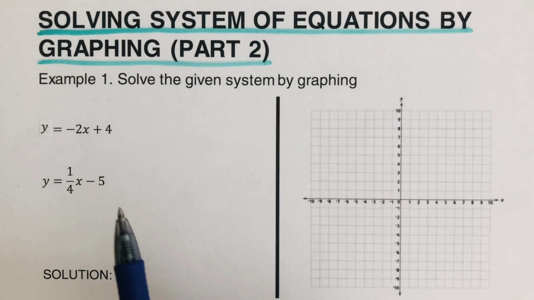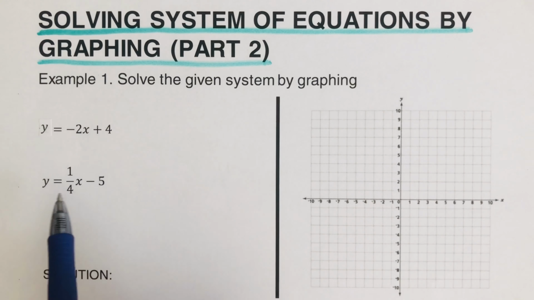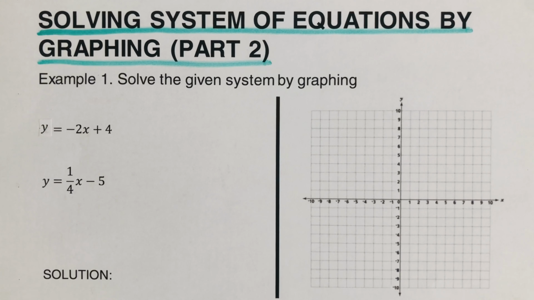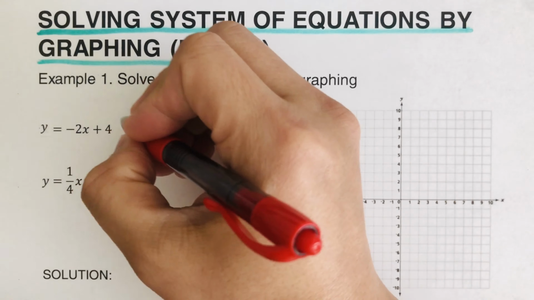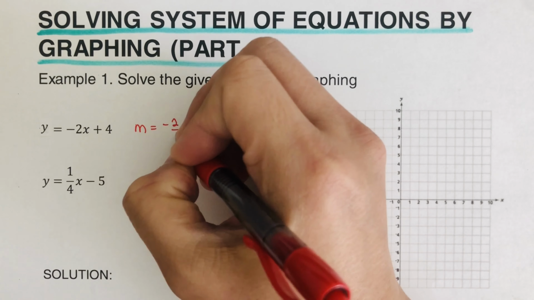Let's take this first example here. We're supposed to solve this system right here. Both of these are linear equations. So in this first problem we can determine the m, or the slope, which is negative 2 over 1, and